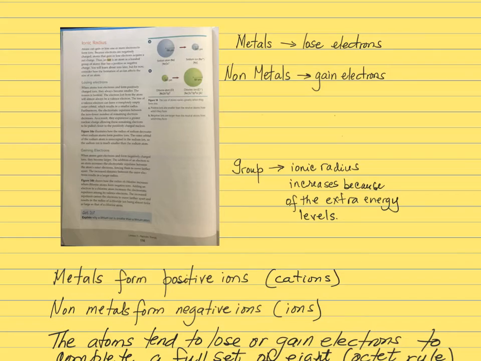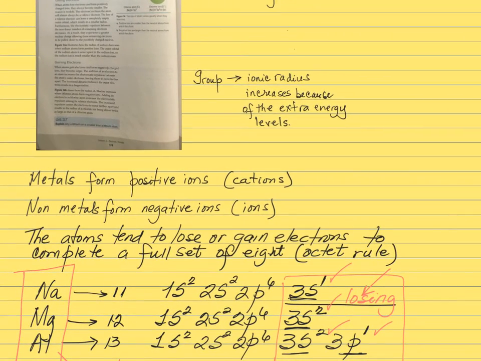are following the octet rule. Not following, it's a tendency that they have. The atoms tend to lose or gain electrons to complete a full set of 8. According to the octet rule, in order for an element to be chemically stable, it needs 8 electrons in the last level of energy, with only 2 exceptions: hydrogen and helium, because they are atoms that are so